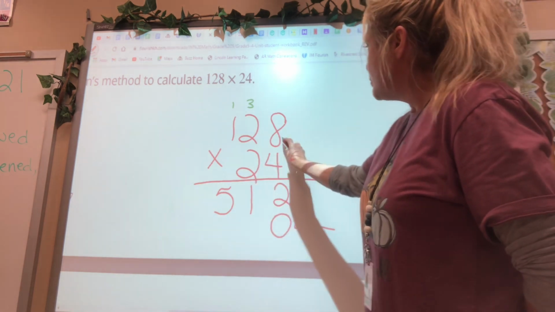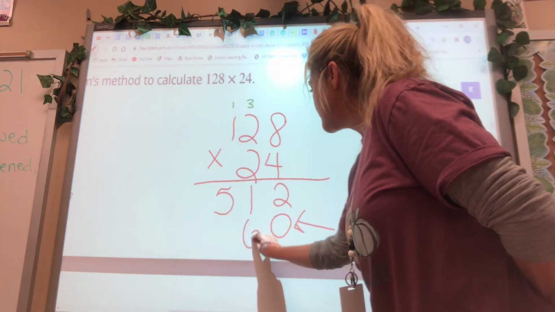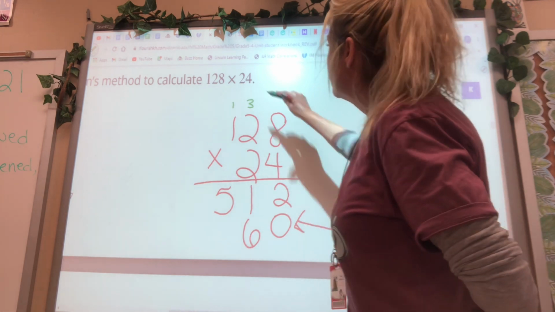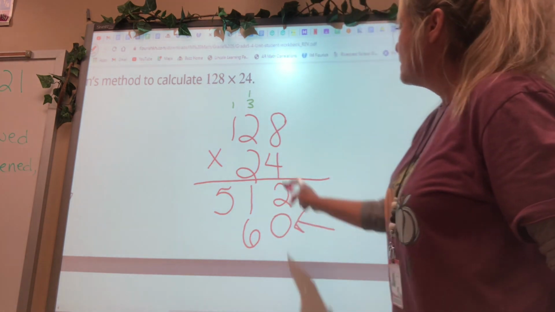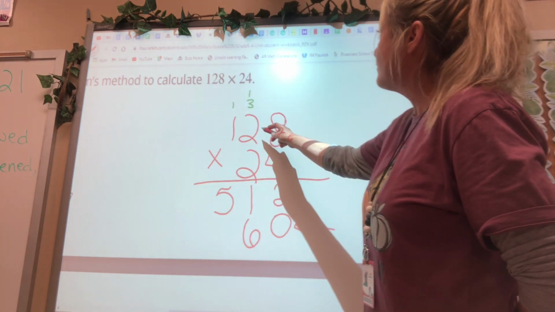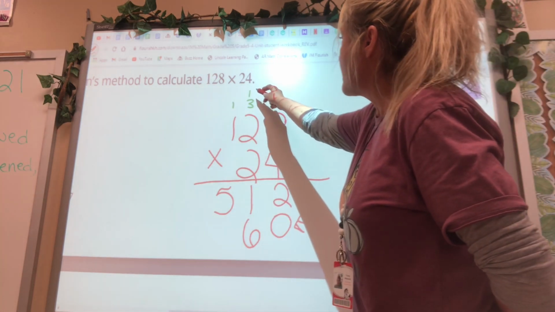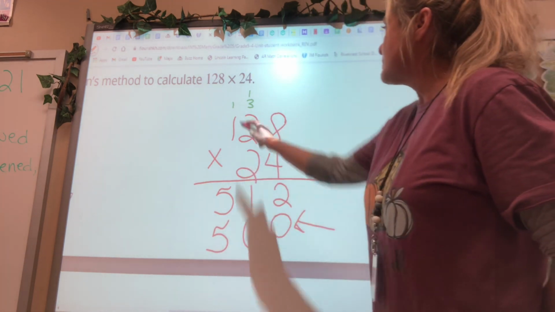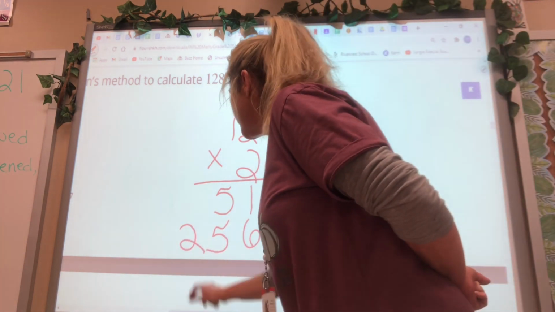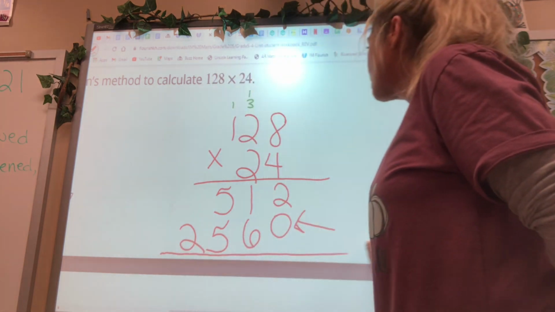So we would have 2 times 8 is 16. So we put our 6, carry our 1, so there's our 16. 2 times 2 is 4, plus the 1 I just carried is 5. 2 times 1 is 2. And then we draw our line